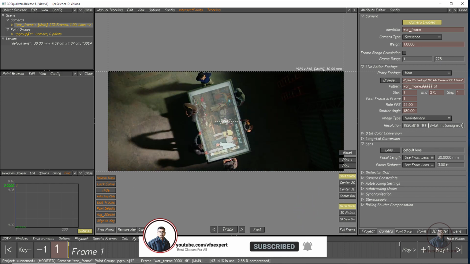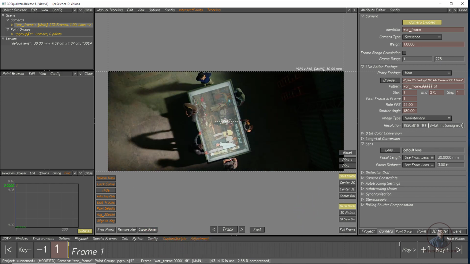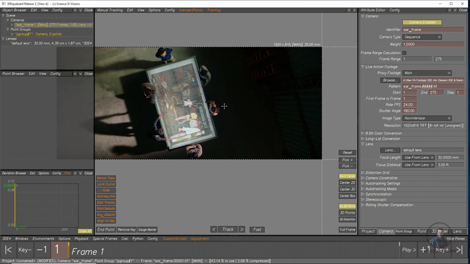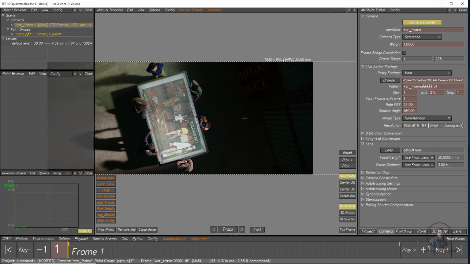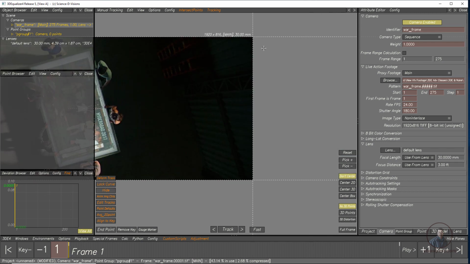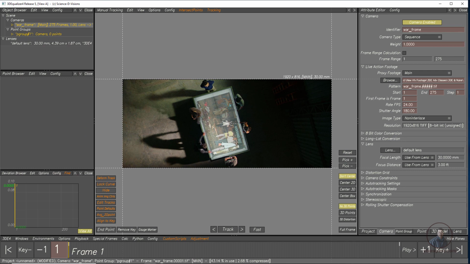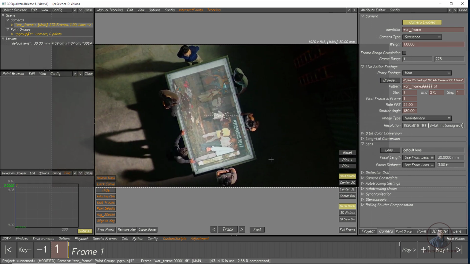Now we have to track this frame, and after this we have to composite in Nuke. In our display area, if you want to zoom in or zoom out your footage, simply use the middle scroll to zoom in and out like this. Hold the middle mouse button and you can pan. If you want to fit your footage into the display area, simply click Full Frame at the bottom. So for zoom, use the middle mouse scroll button, middle button hold for panning, and shortcut F for full frame.